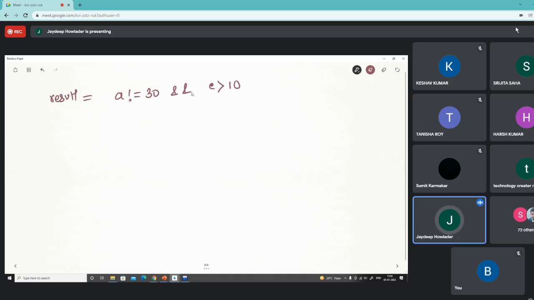Which is the lowest precedence in this case? The logic operation is the lowest precedence, so that will be executed at the end. What is the left hand side? The left hand side is a conditional operation, and it has two arguments, A and 30. What is the right hand side? It is a conditional operation, which has two arguments, C and 10.